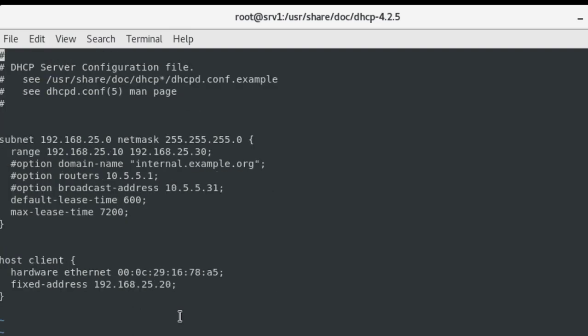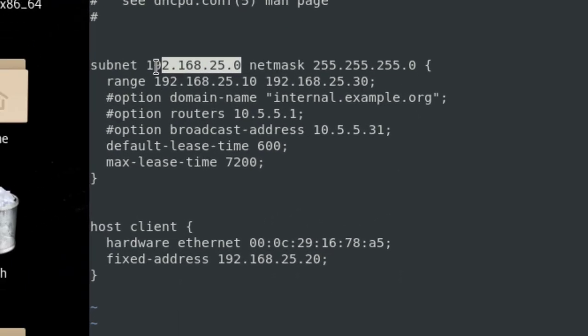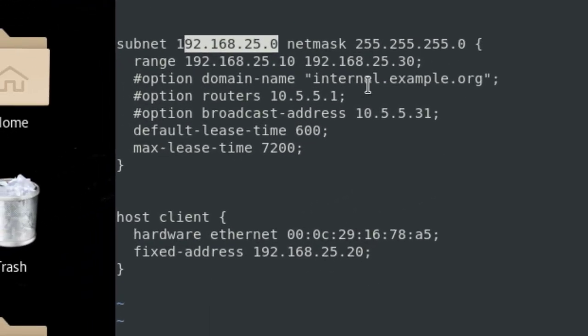So let's check this out. It is 192.168.25.0, that was the subnet, and the network mask is 255.255.255.0. The range that I gave was .10 till 30, and just for this client we gave this fixed IP as 20. Okay, so everything is working fine.